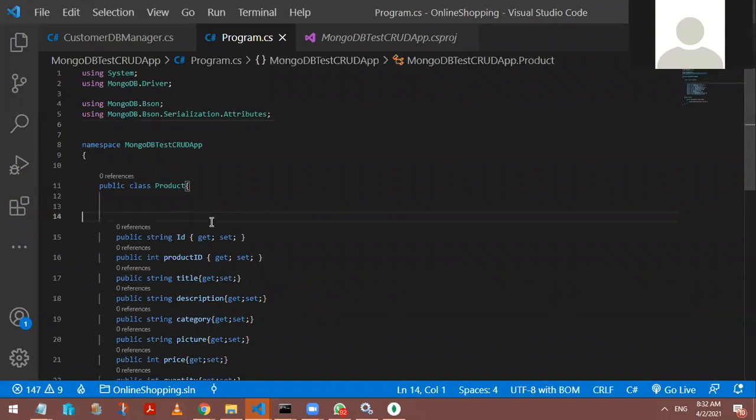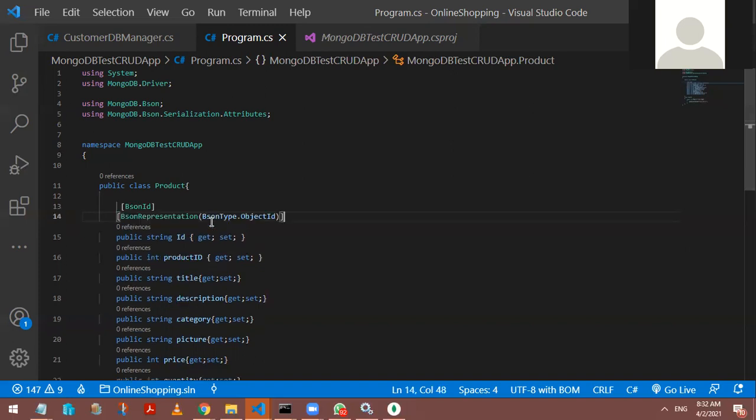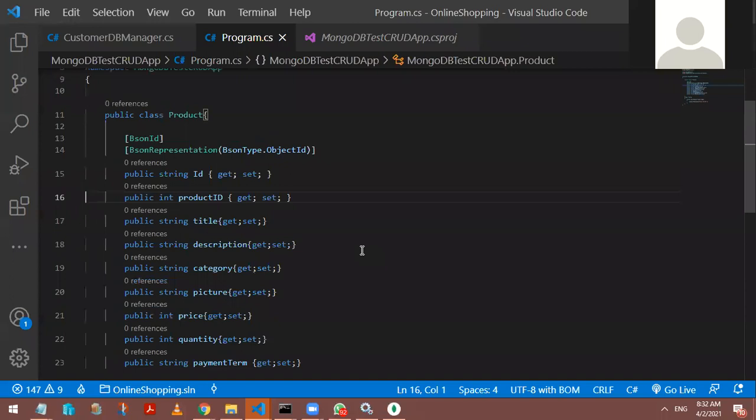So I'm just going to make a slight change for my ID, and for the ID I'm going to attach certain metadata. You remember how you attach metadata to a class or a variable. That is what we call a decorator or annotation. In C# we use the word attribute, and these attributes are defined using square brackets. Can you see? So what are those attributes, to make ID map with that schema ID?